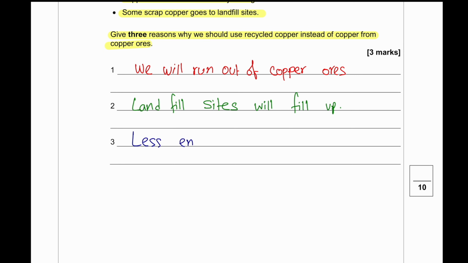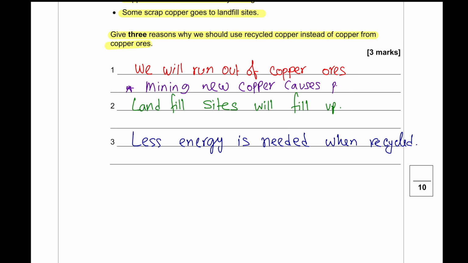And we will never run out of landfill sites where we're going to put those coppers once their lifetime is finished, and less energy will be used in recycling the copper than actually producing the new copper. Mining causes more pollution, so less pollution will be made, and copper from copper ore is more expensive than